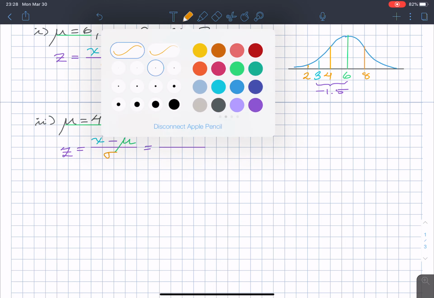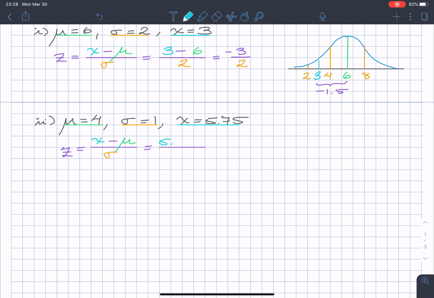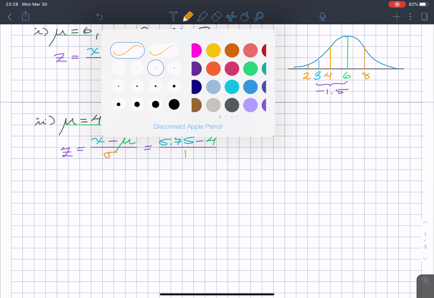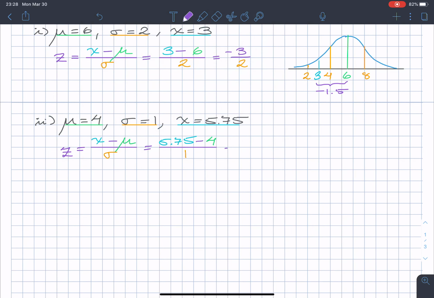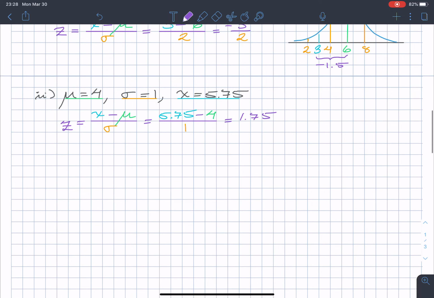Okay, so what this gives us then is 5.75 minus 4. And thank goodness I'm dividing by 1. That's a number I'd like to divide by. So 5.75 minus 4 is 1.75. Okay, so what that means,